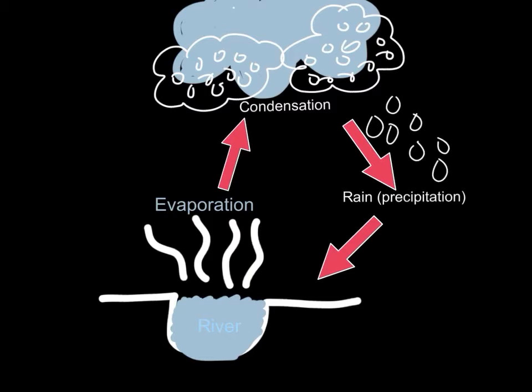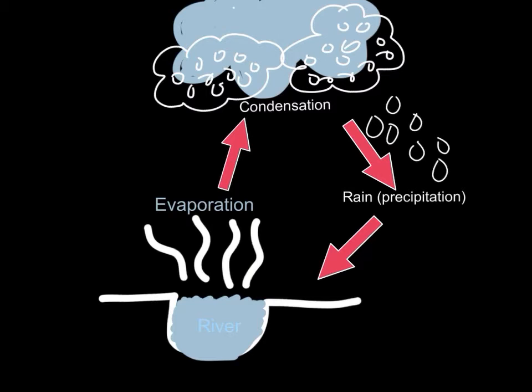We can make a connection to evaporation and condensation through the water cycle. In the water cycle, we start with a body of water, say a river. In a river, water is in a liquid form. But it does not stay like this for long. Because of the heat and